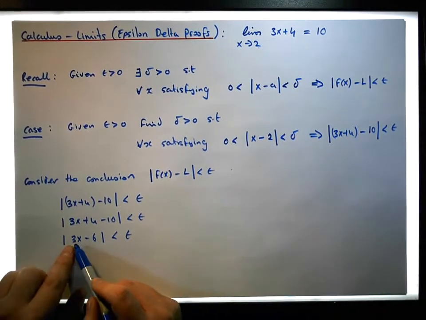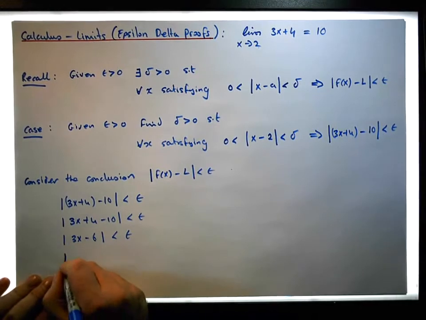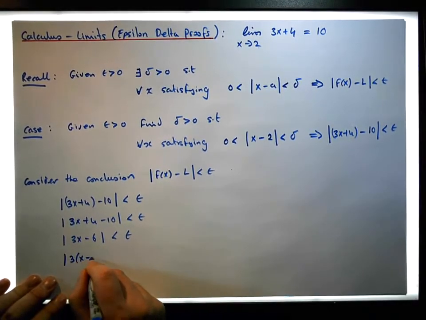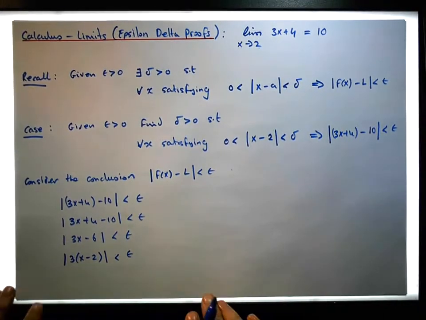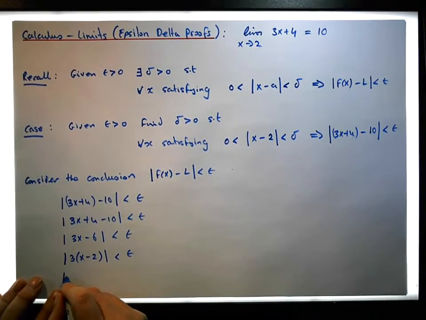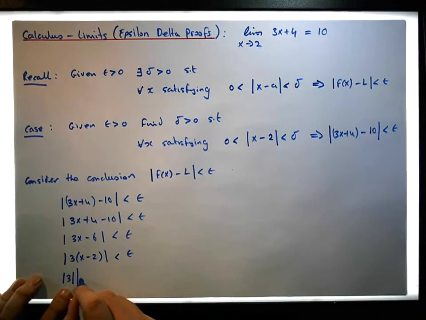We want to try to get this to look something like x minus 2. If we take a 3 out, that's common here, so this is 3 times x minus 2. The absolute value of that is less than epsilon. What does this tell us? Well, this tells us that the absolute value of 3 times the absolute value of